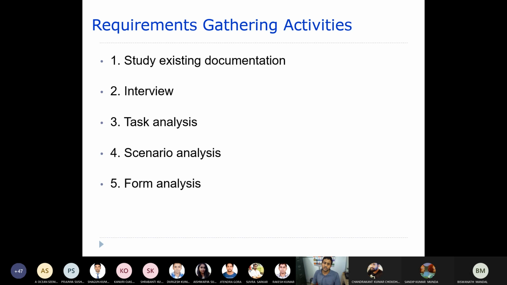Whatever the different forms or form applications that exist within an organization in a manual system, you try to collect all of those forms and then you analyze them. Let's say for our institute, if you are going to develop a software of this sort, first you see there is a manual existing system. In the manual existing system, what do we do? Several forms are there, and these several forms usually we fill up.